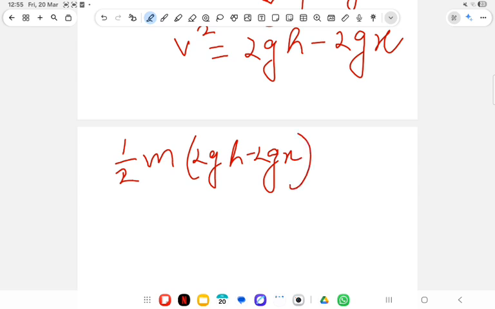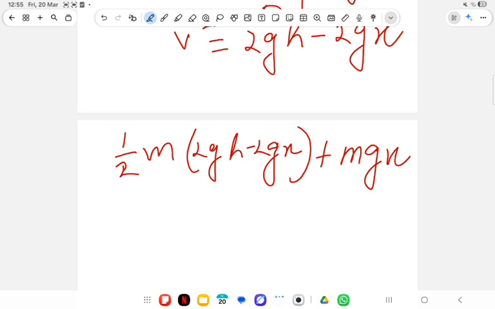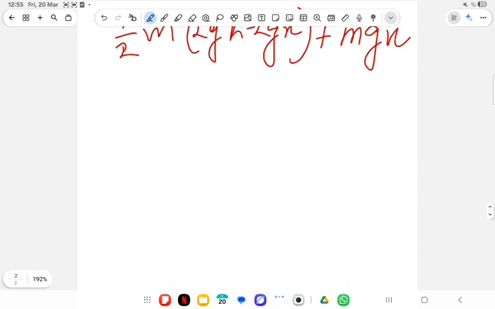This is the kinetic energy part plus the potential energy part. So when we simplify this we get